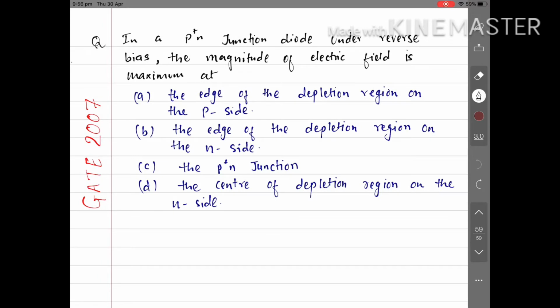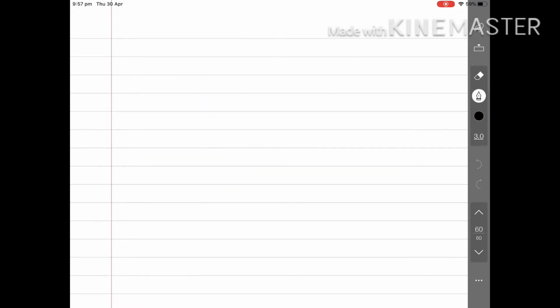Okay friends, so to answer this question, first we need to understand some basics of the PN junction and the electric field in a PN junction. So let me just draw a PN junction in a 2D format. This is your P region and this is your N region, right? And here, say, you have